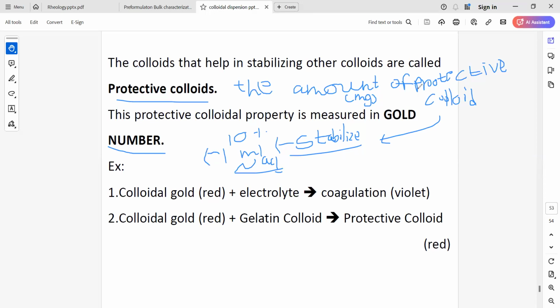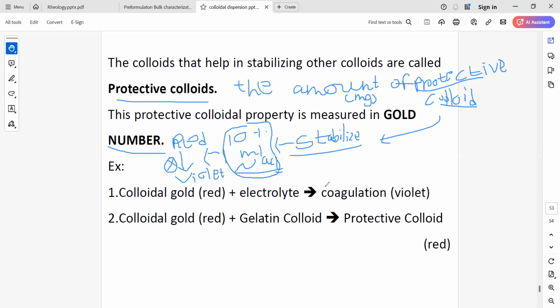So to stabilize that, we add this protective colloid, right, to prevent the color change from red to violet. Color change from the red to violet. Okay, red to violet. So this color change we will stop. Yes, very good, right? So these terms are important. 10 ml 1% NaCl, red to violet color we have to stop, because as you add this electrolyte solution, it